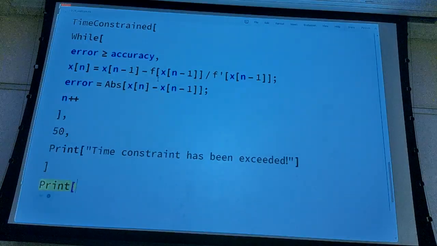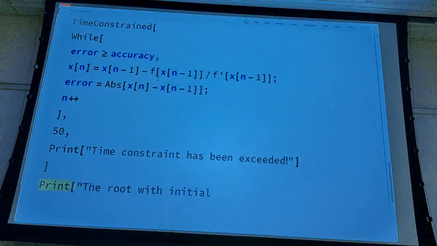Well, now I want to actually print something out. The root, initial guess. All right, so again, remember anything in quotations, it's going to read it as just text. So print that out directly. With initial guess of x0. Is